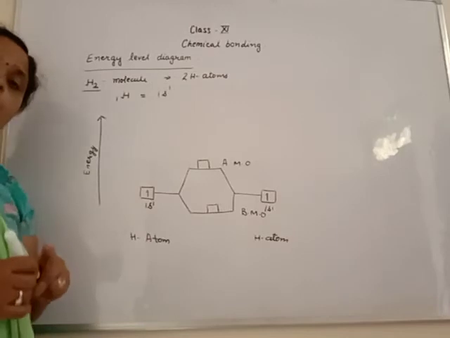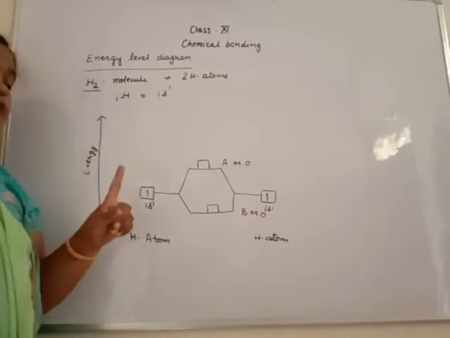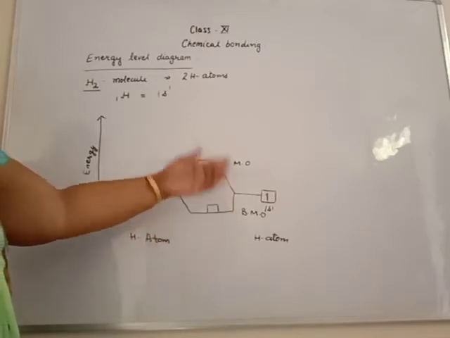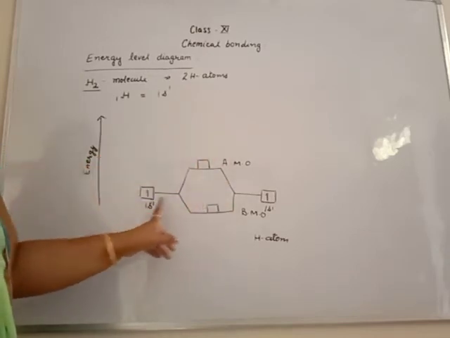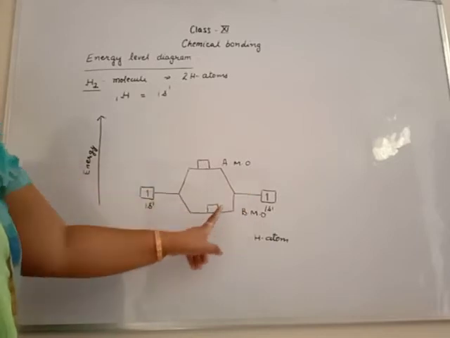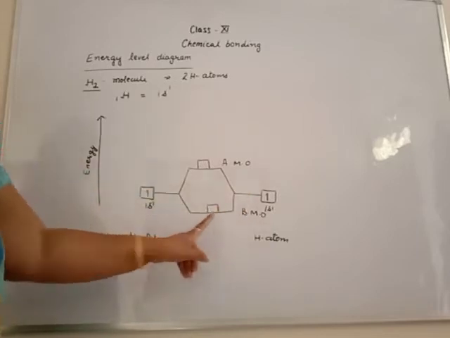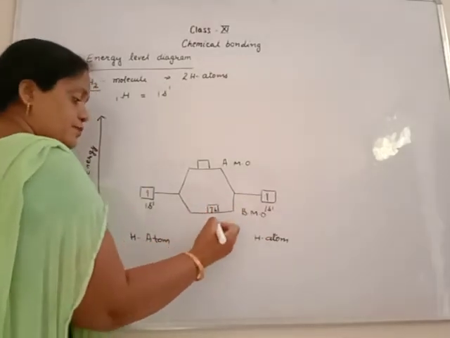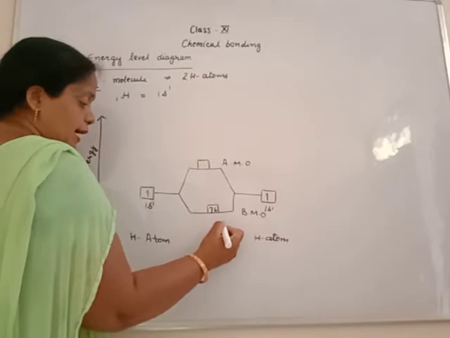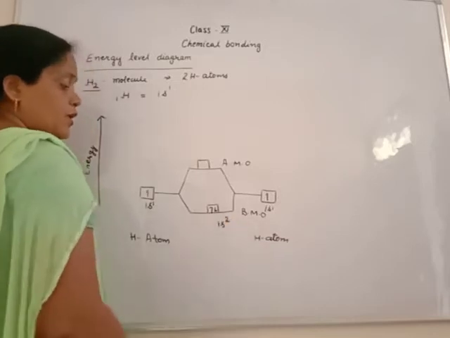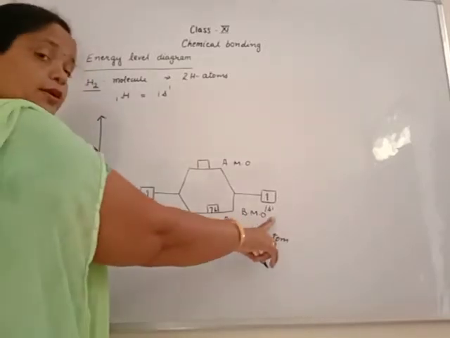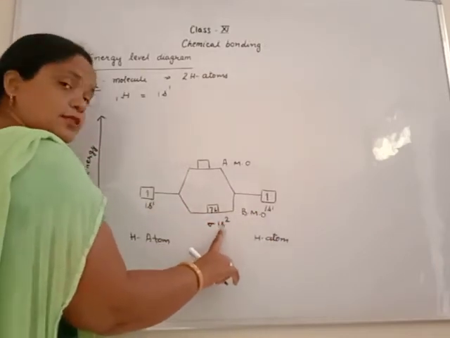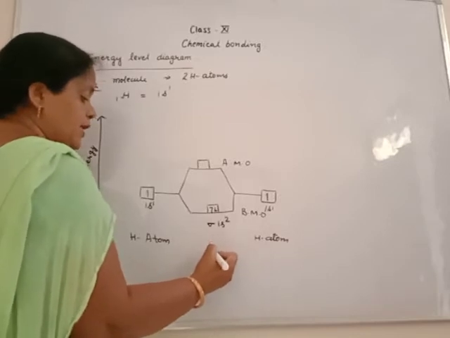According to the Aufbau principle, the first or lowest orbital is filled, then electrons jump into the higher orbital. Beta, we have two electrons. An orbital can accommodate two electrons with opposite spin. This electron and this electron come here. It will form 1s2. Now when s and s orbitals overlap with each other, they give a sigma bond, and our orbital is sigma 1s2. It is the hydrogen molecule.